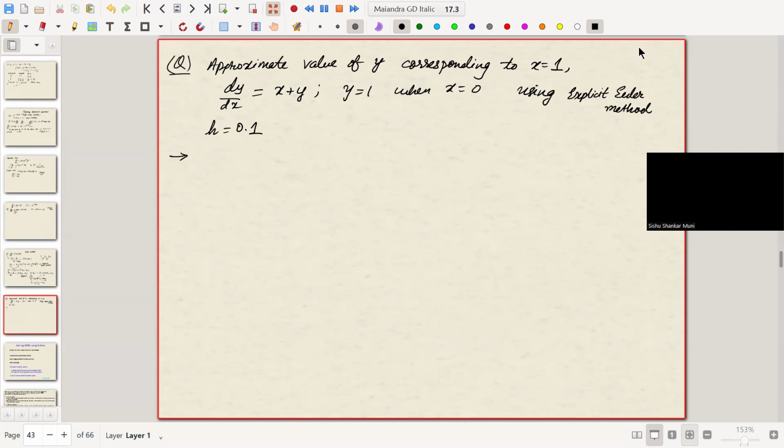So you know what you have to do. I will just tell you the brief sketch of how to do this. Since h equals 0.1,